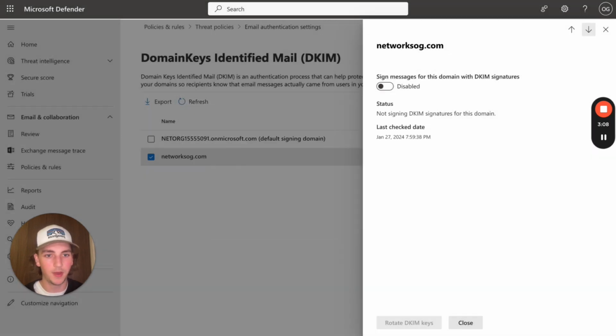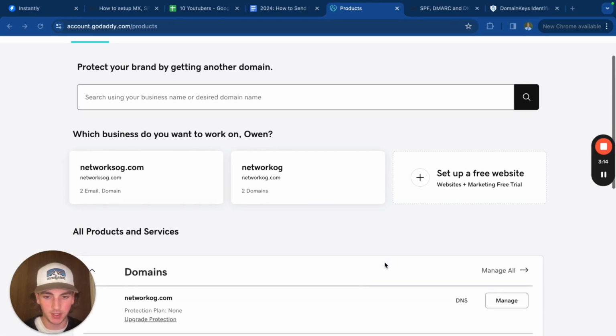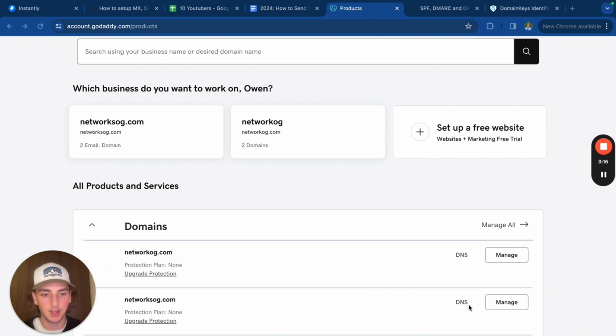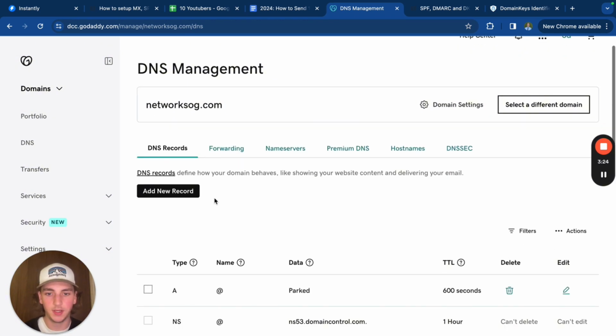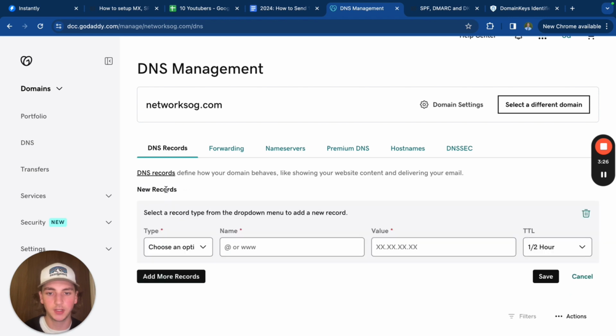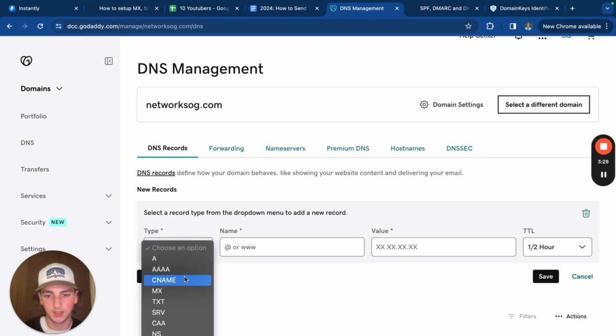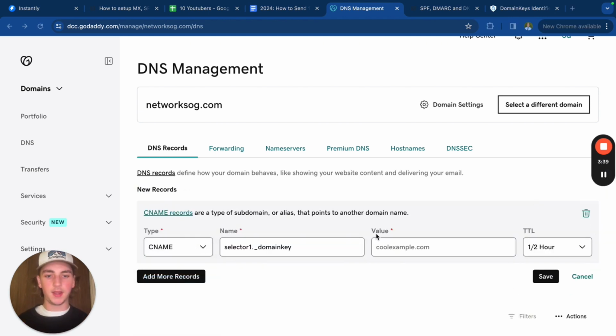Copy this. I'm going to hide that information from you guys. And then going back into GoDaddy, we're just going to navigate down to the domains and then hit DNS for the domains we want to be working on and setting up that DKIM record for. And once in here, we're going to be under DNS records, add a new DNS record. We want this to be a CNAME record. Then the name of it is going to be